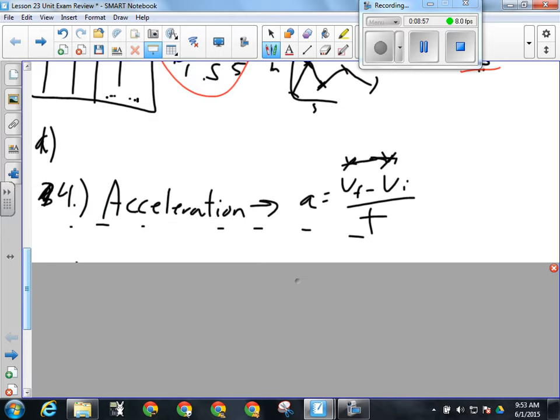Okay, then acceleration. There's going to be some problem solving to do with that. I think I have one really easy one in the multiple choice, but then I have one that's a little bit more complex in the written response. Be mindful of ways that I can make a question seem like it doesn't give you enough information, but actually does.